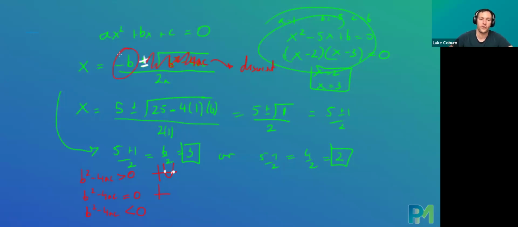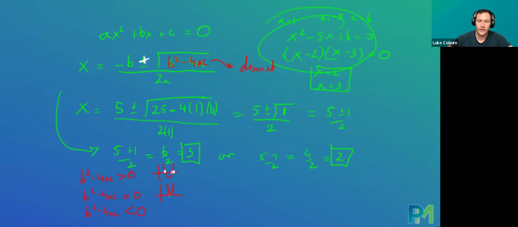So all you have is this one. And that's going to be the case where you get the U shape here, which comes down and touches it just there in the one spot. And that's when we're going to say a double root. And then the last case is when b squared minus 4ac is less than 0,